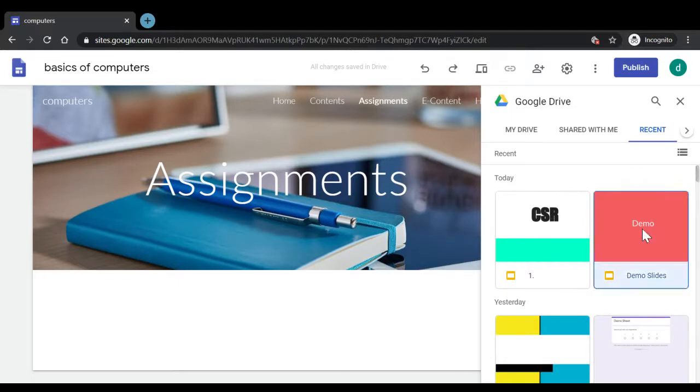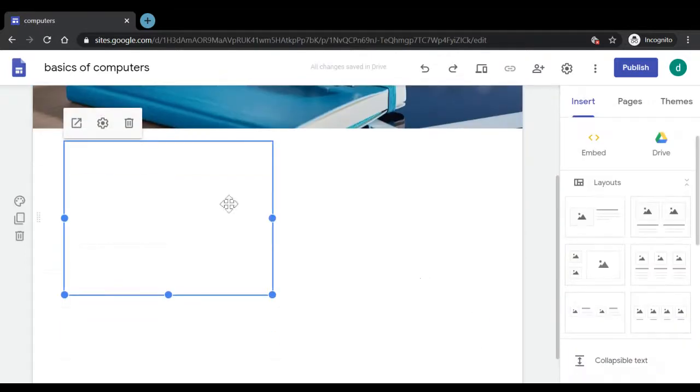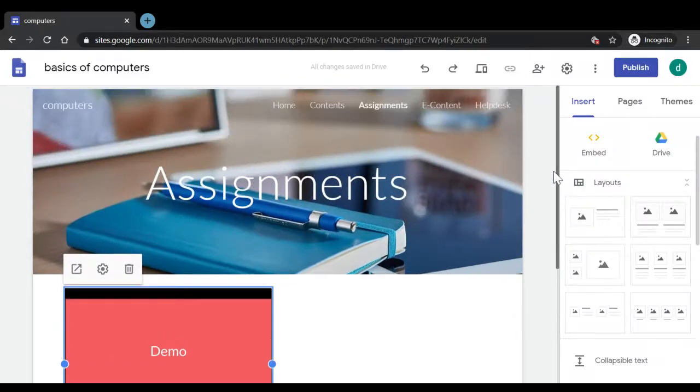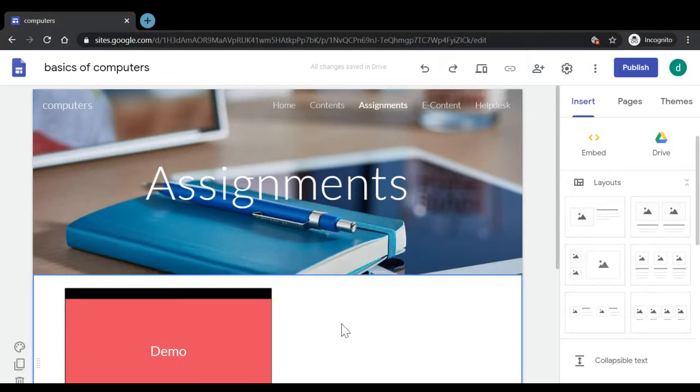For example, if I add the demo slide here, once we select a slide, it will be added here after clicking on insert. So now students will be able to see that some slides have been added on this particular Google site, and we need to see, identify and work upon it. In case some faculty members have created assignments by typing them on a Google Doc, they can be shared here. Or if you want students to open spreadsheets or any other video for which assignments have to be given, or any link for a Google form that has been created, all of them can be embedded on this particular assignments page.